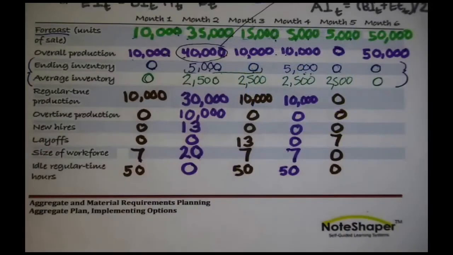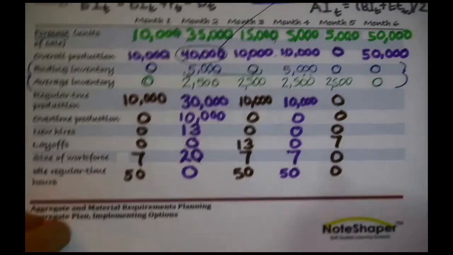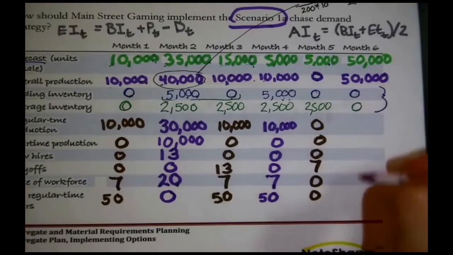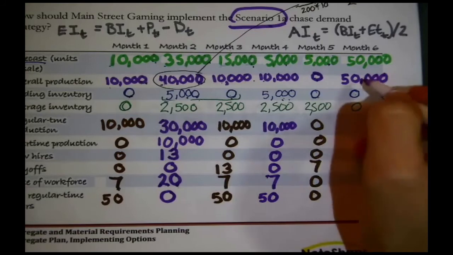So certainly isn't any unused regular time hours. Fine. Now, to finish this, all we have to do is that one last month. Notice we've put everyone on vacation for a full month. Now we have to figure out how to turn around and produce 50,000 units of sale, a record amount. Well, the scratch work is the same as for month 2. We say, okay, how many people? Because I will start basically down here. How many people do I need?